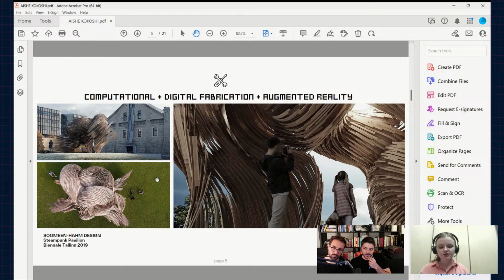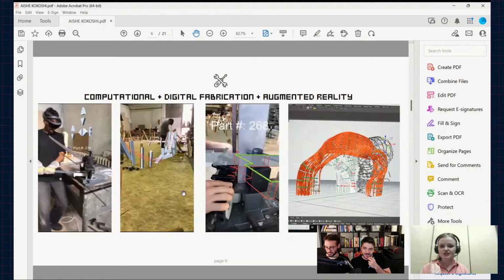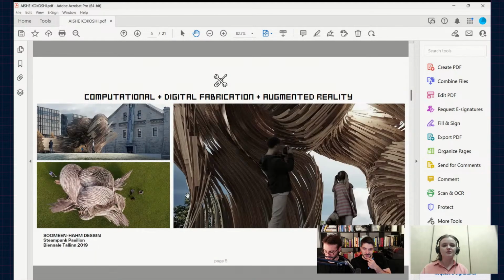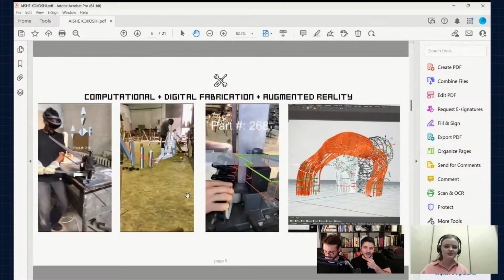But of course, when we fabricated, it was a little bit different, because we also want the process to build something. We trust the process, basically. It's not that we want exactly this, but we want something like this, also with the fabrication. That's why we ended up like here.